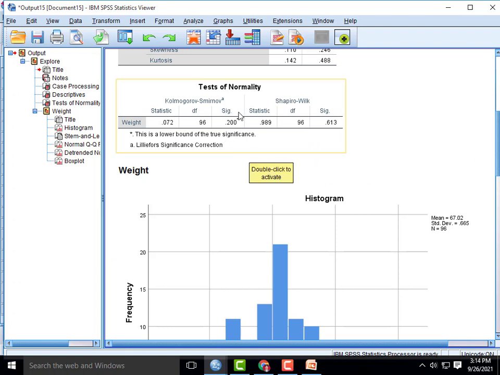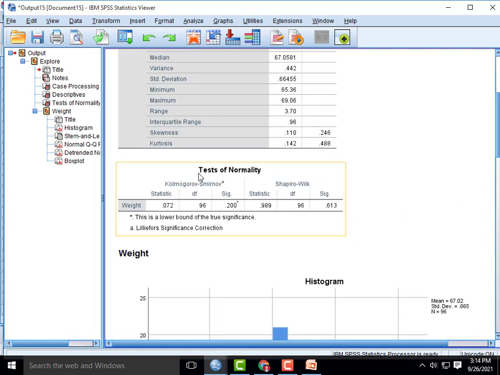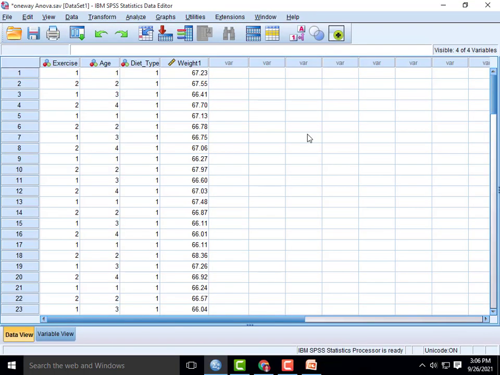Both these significance values are greater than 0.05, so this shows that our data is normally distributed. Here in our histogram, our data is normally distributed. So with this data we can apply one-way ANOVA.